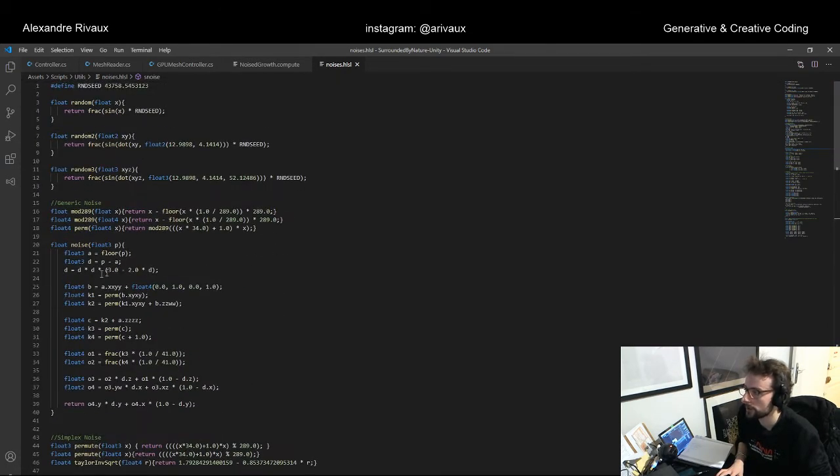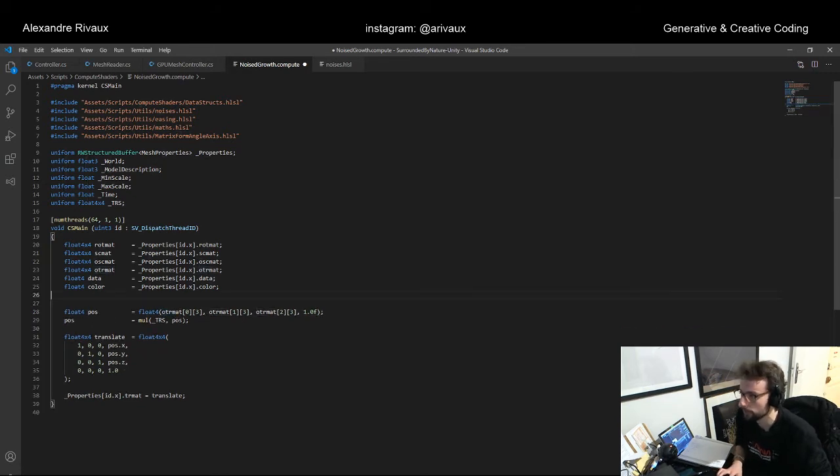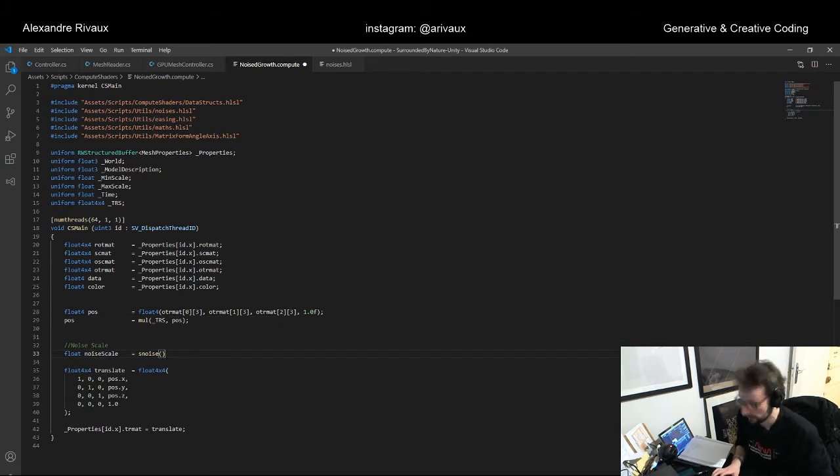I also have a noise here, but let's use the simplex, though I think it might have an error. So let's say noise scale is equal to S noise. We could take the origin position. In fact, we could take the actual position as our input dot xyz